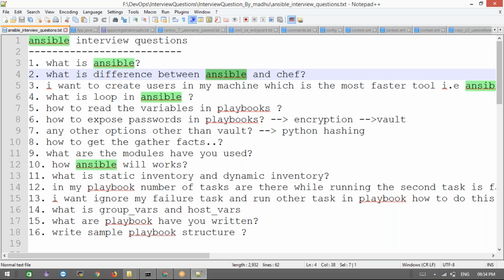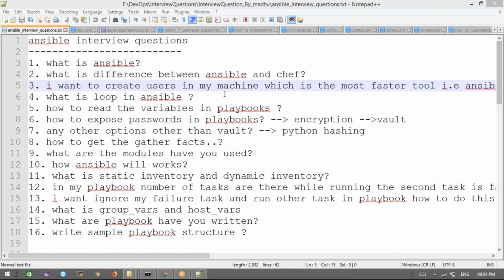Okay. Now we write the playbooks in YAML, and cookbooks are written in Ruby. And with Ansible the learning curve is very low, and for Chef you should have more programming knowledge. Okay, that is the Chef and Ansible difference. Okay, the main thing. And there is one more scenario-based question they will ask here.